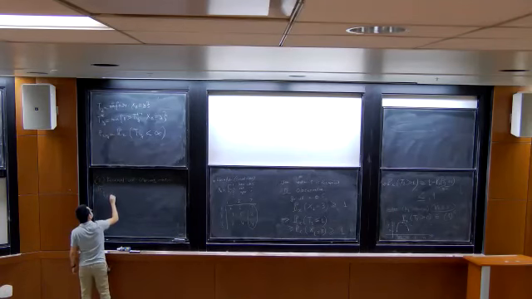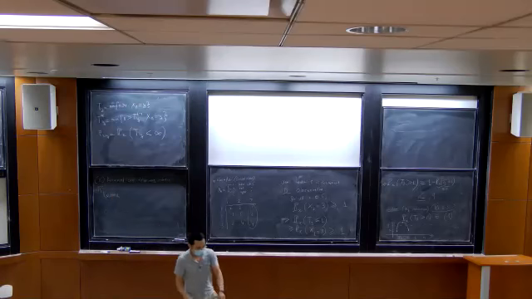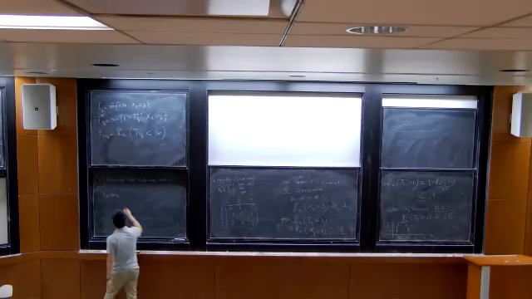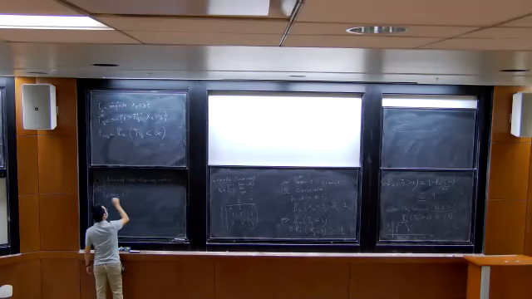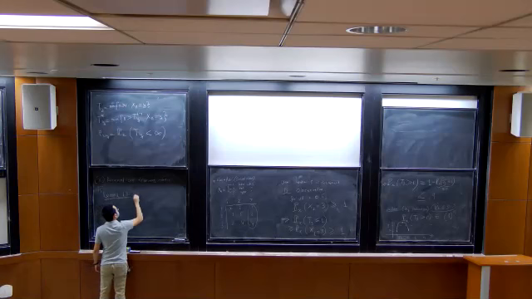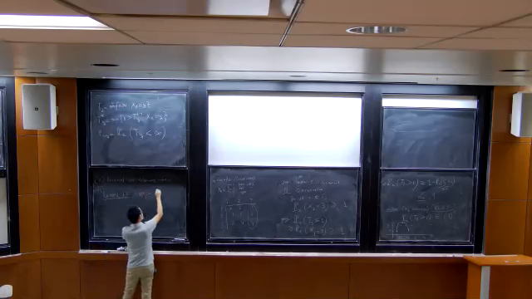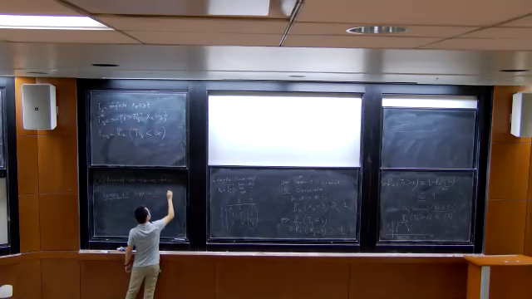Let me pull out the lemma, I believe that is Lemma 1.3 in the textbook. Suppose, in general, we have the following. Suppose there exists an alpha between 0 and 1,